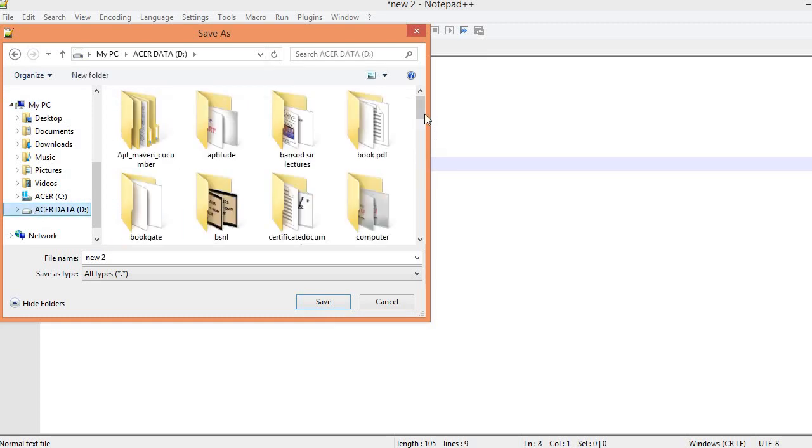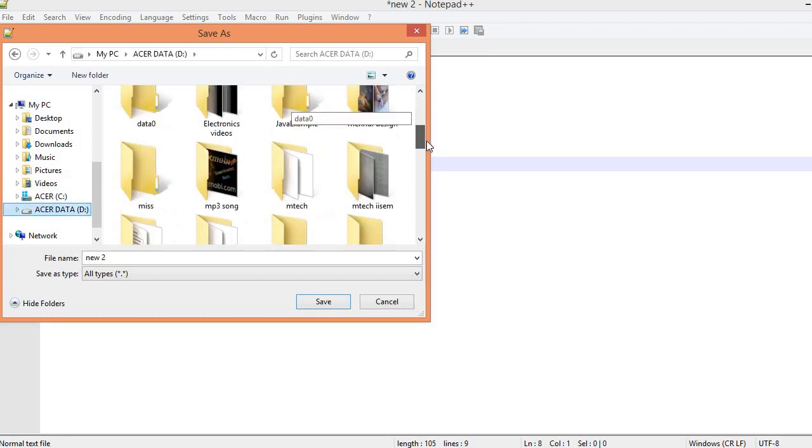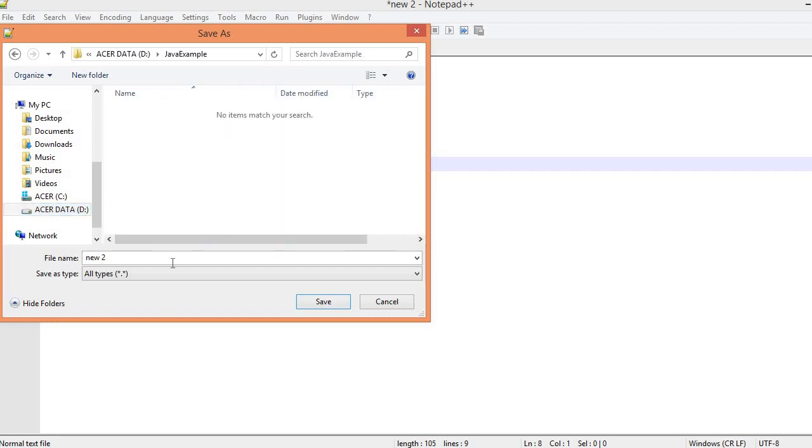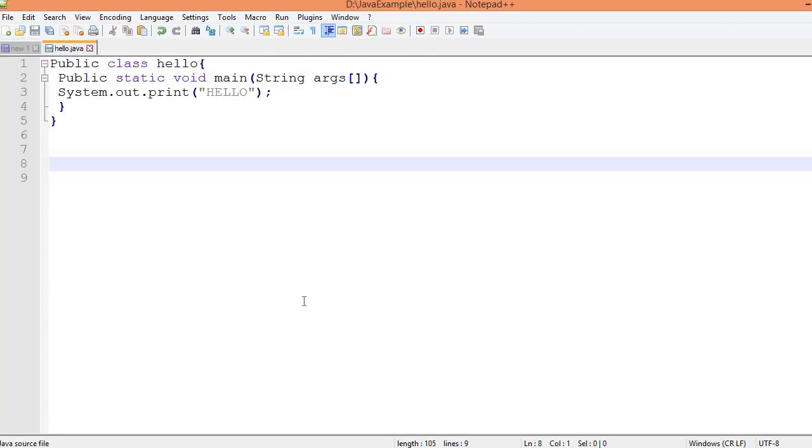Inside D we have a Java example folder, and here I will save my program. Suppose I am going to give the name hello.java. Then save.